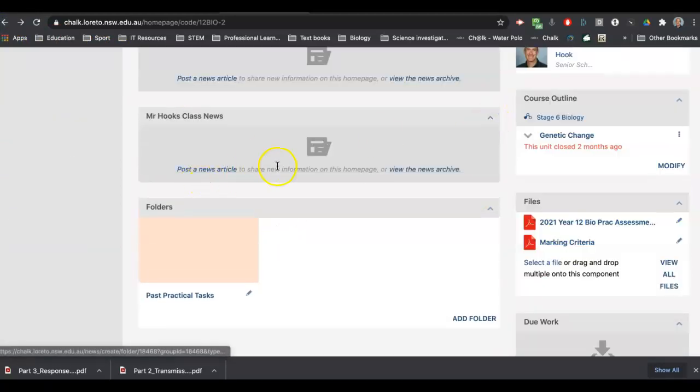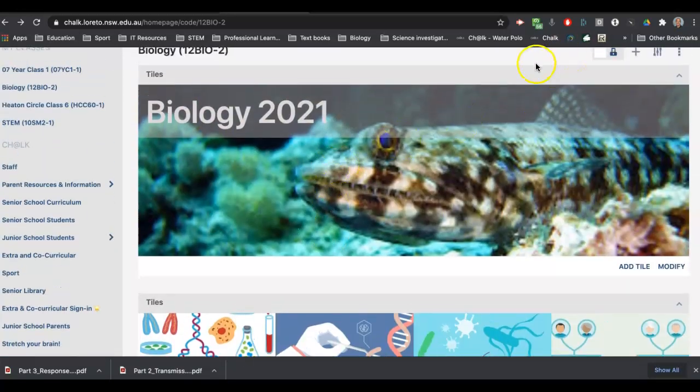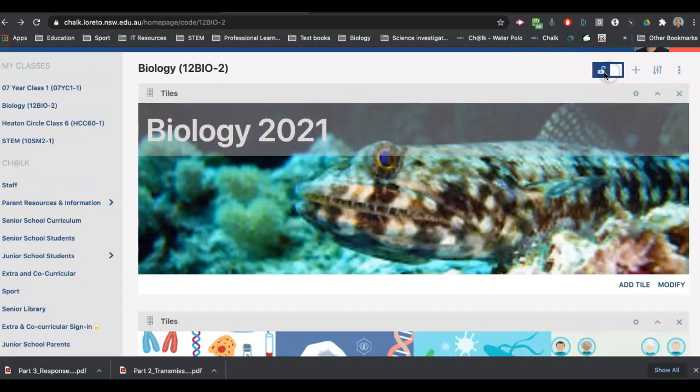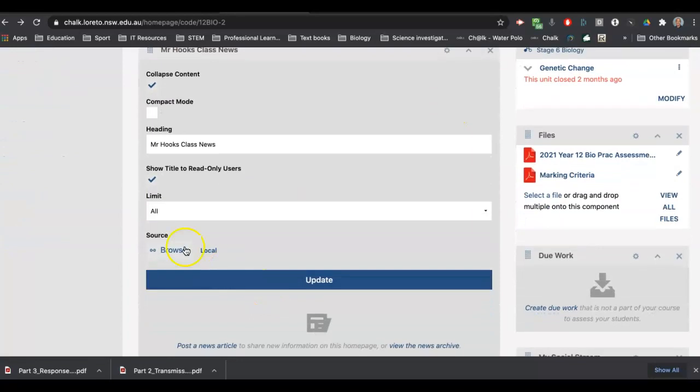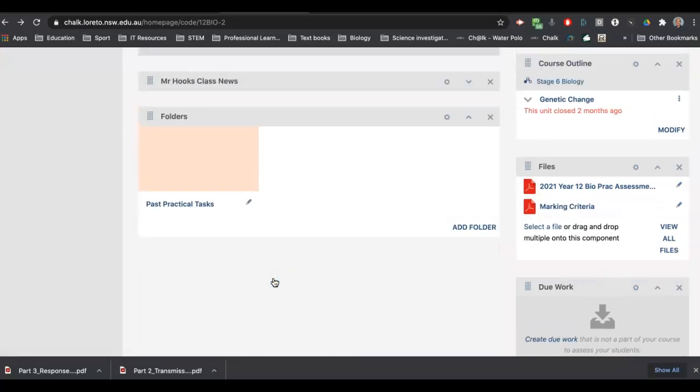And this one here, when we post news, this is only going to go to this particular class. Let's have a look as ever, unlock it. There's the settings, and we can see that this is drawing its information only from this local, which is this particular page. To post a news component,